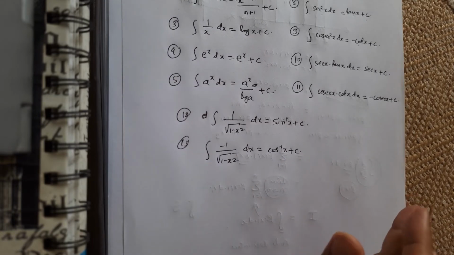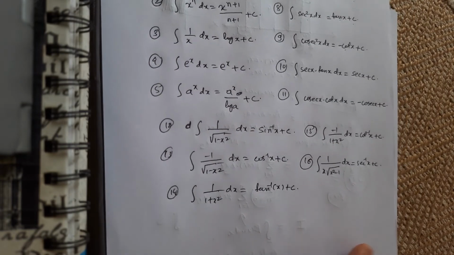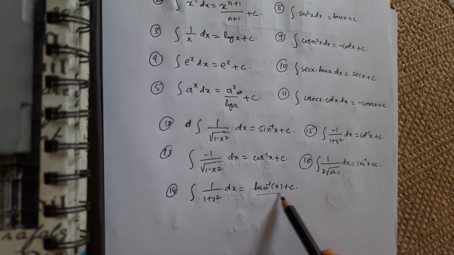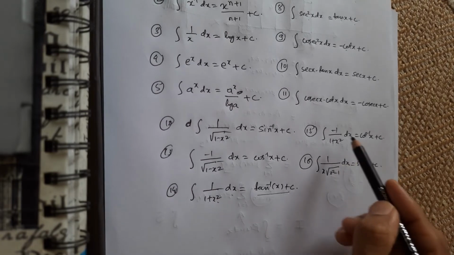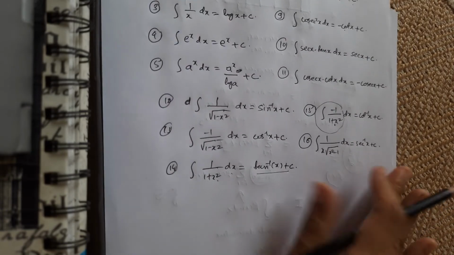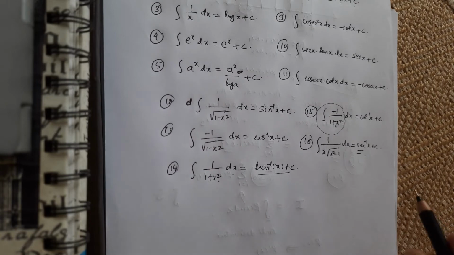Similarly, tan and cot are there, so I am just writing it for you. Okay, so the other functions also I write here to save our time. So this is the integration of 1 upon 1 plus x square dx is tan inverse x plus c. Similarly, minus 1 upon 1 plus x square integration is cot inverse x, and that is the integration of sec inverse of x. So mostly these are the basic formulas that I want you to remember.